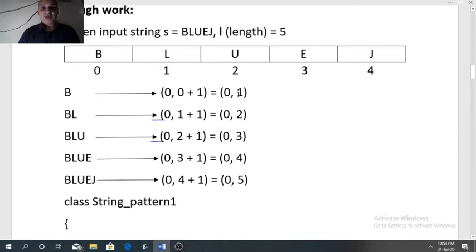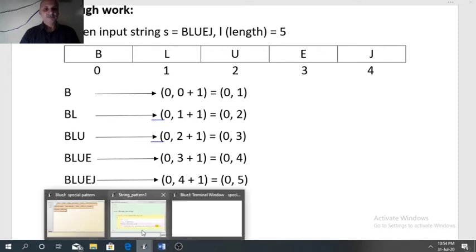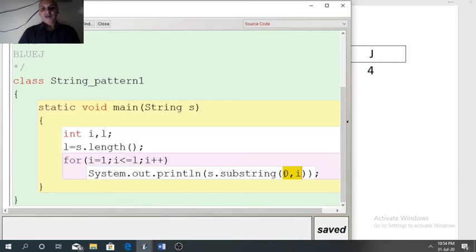This last index we have controlled with the loop, that is I. This is the reason we are writing 0 comma I. So I think this argument 0 comma I should be clear to you.